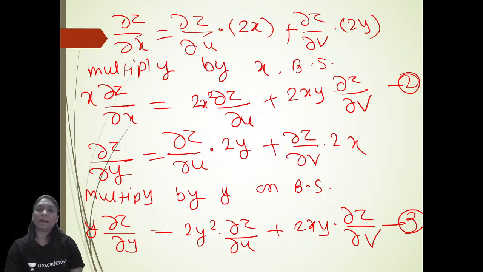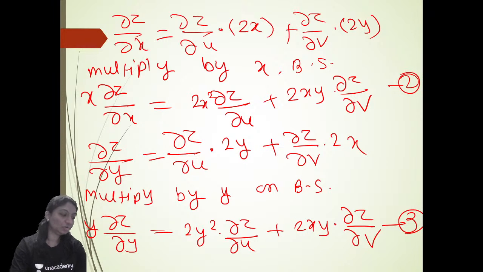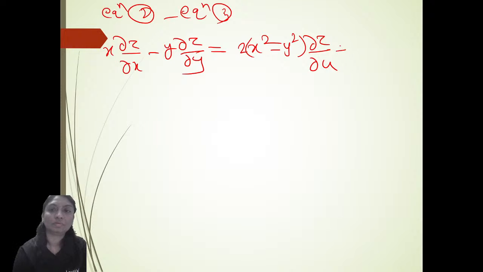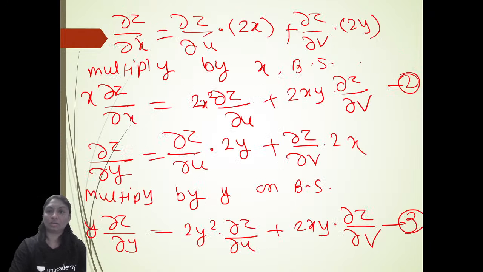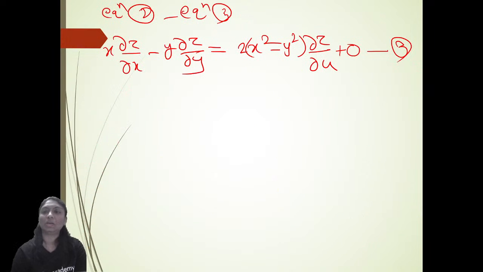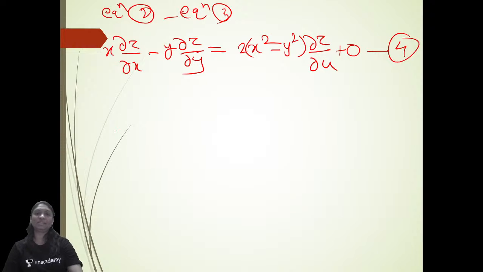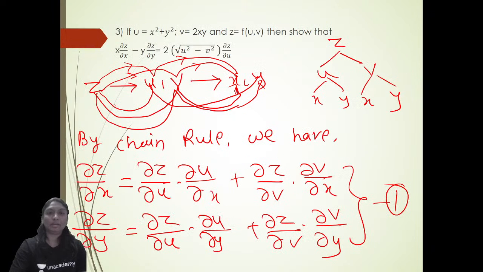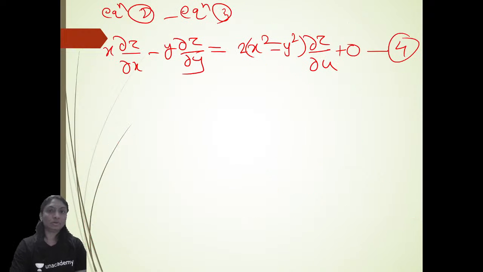Plus, here there is a minus, so 2 into bracket xy minus xy, so this will become 0 plus 0, right? Call this as equation number 4, right? So x ∂z/∂x minus y ∂z/∂y is equal to this. Now we want to show that this is equal to this, so 2x square minus y square upon,